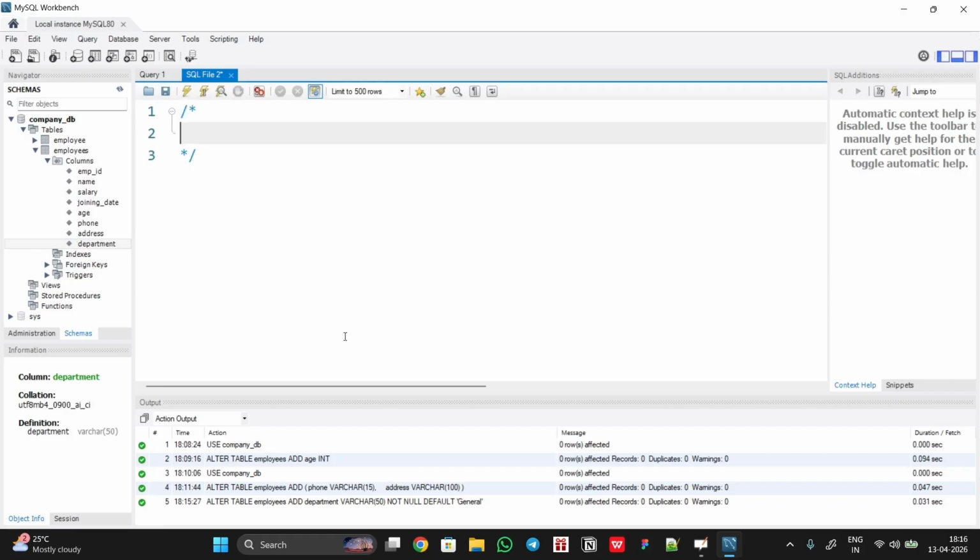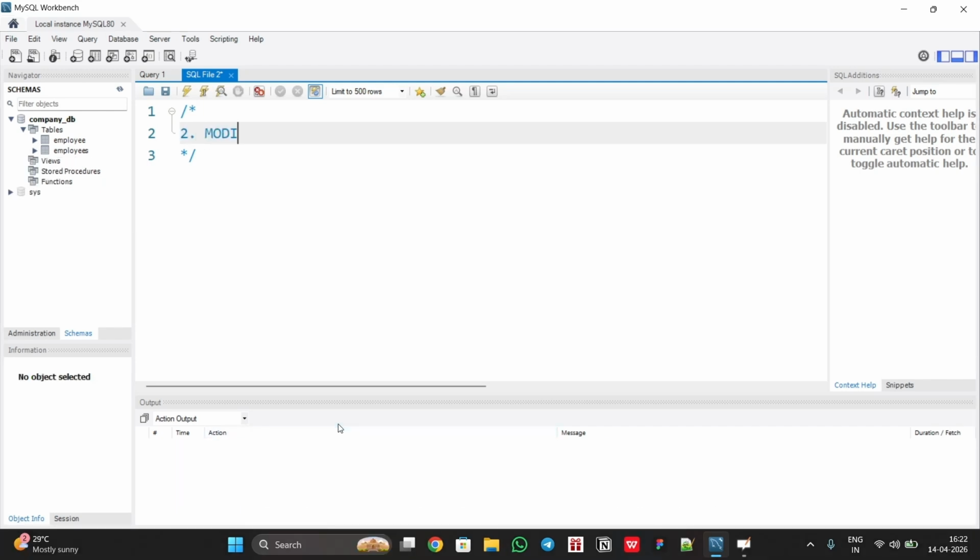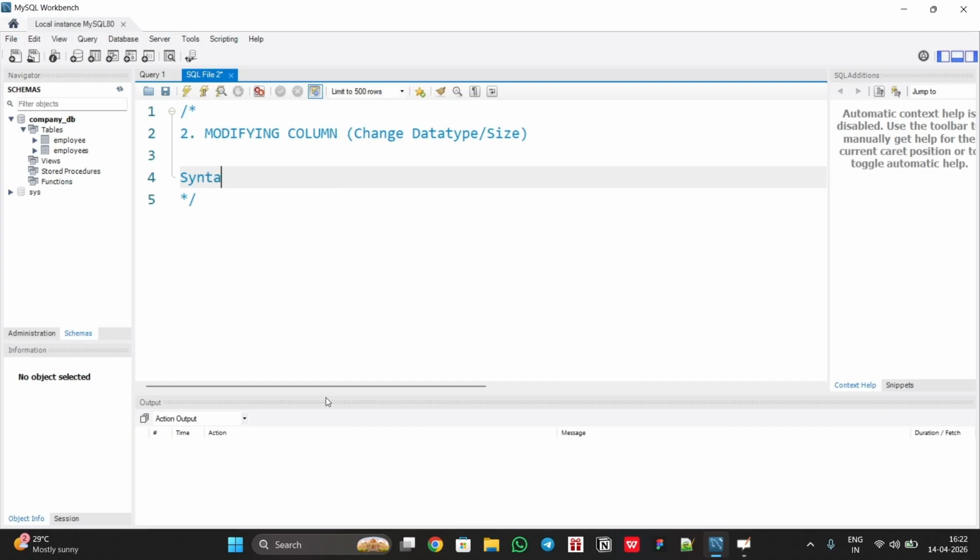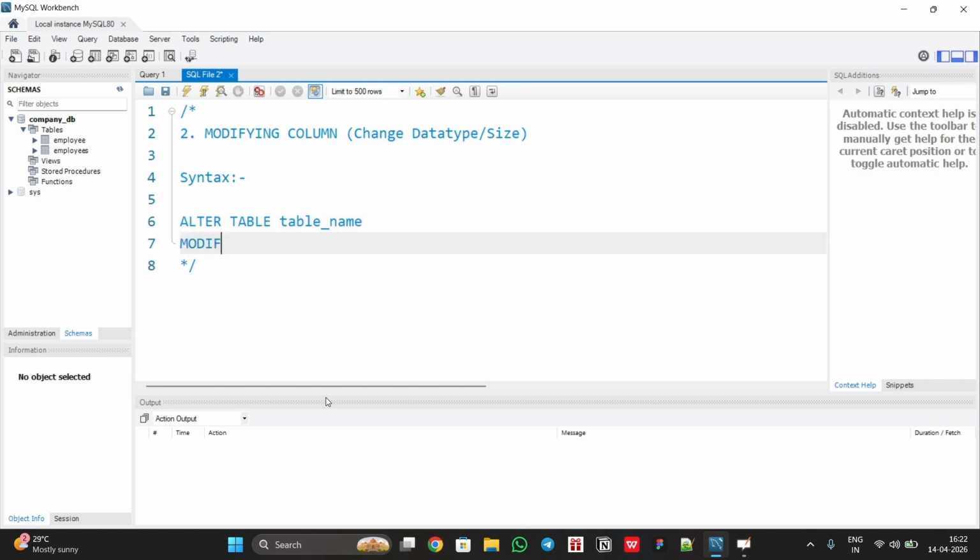Okay, we know how to add columns in an already existing table. Now, what if we have to modify some columns? Modifying columns. Let it be a single column, and here we're going to see how we can change the data type or the size. Okay, let's start the syntax also. Alter table, of course, then the table name will be there. Now what could be the command for modifying the column? Of course, the modify